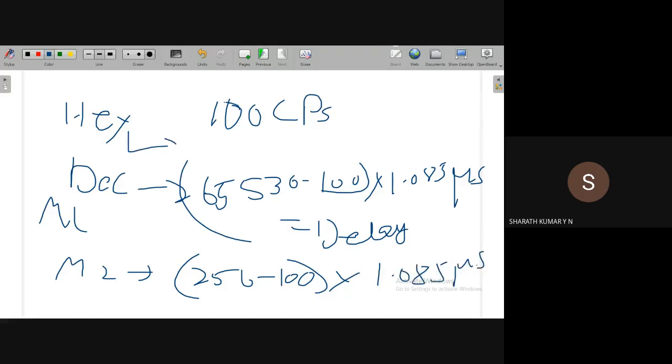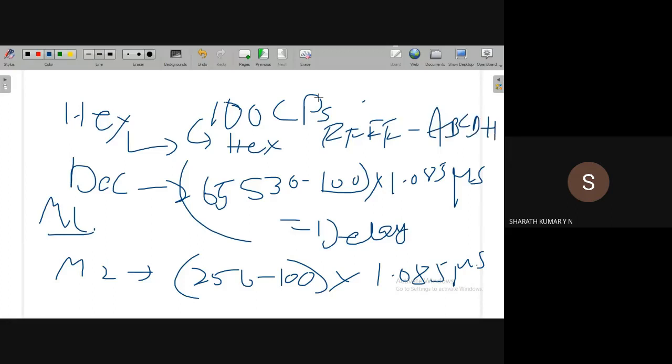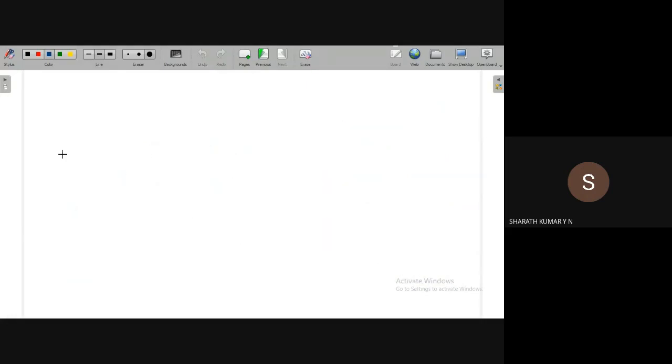In the hexadecimal method, first we have to convert this 100 into hexadecimal, and we have to subtract it from FF for this mode 1 operation. Whatever we get, let's say for example ABCD, plus 1, into 1.085 microseconds. Okay, fine. In mode 2 operation, if the number of clock pulses to be counted is known,